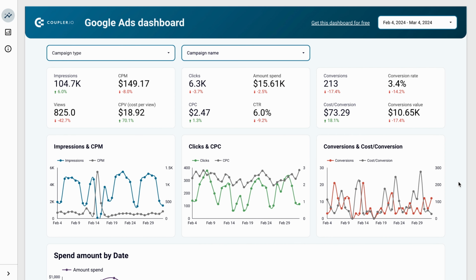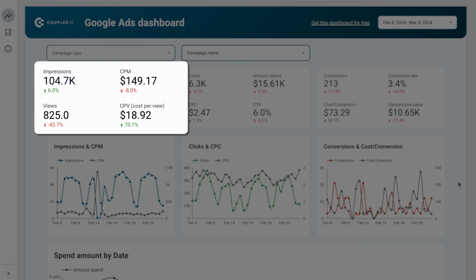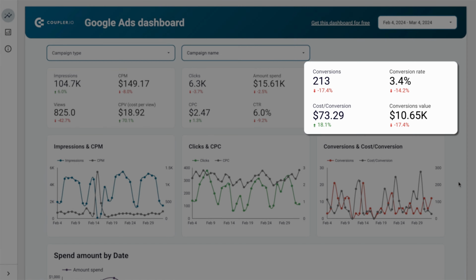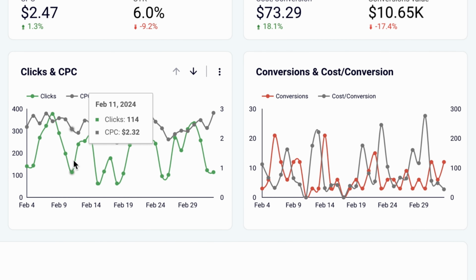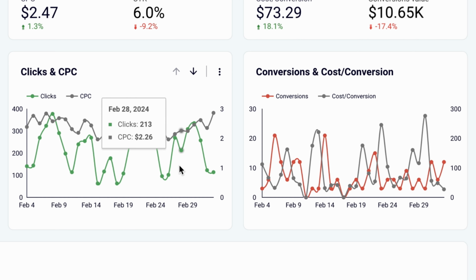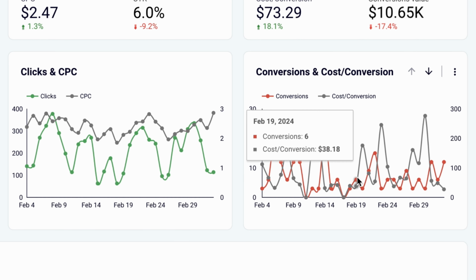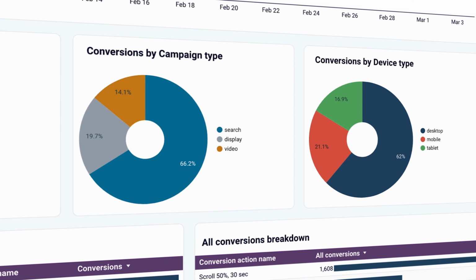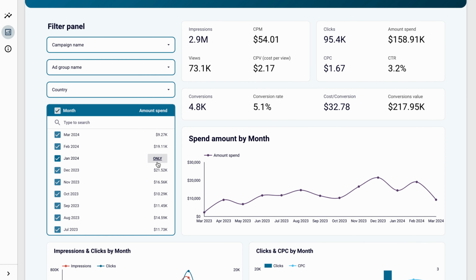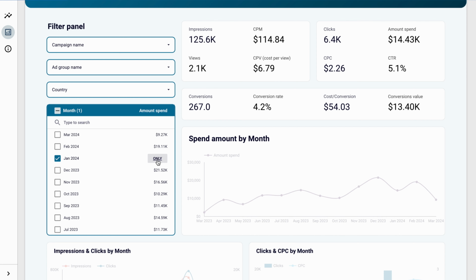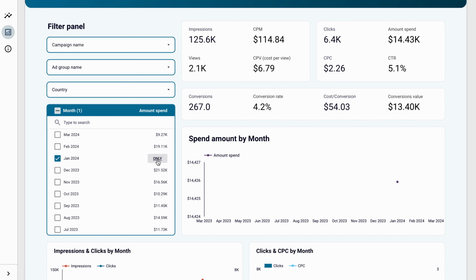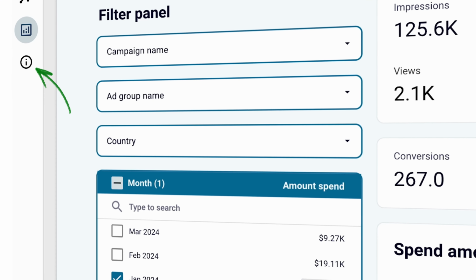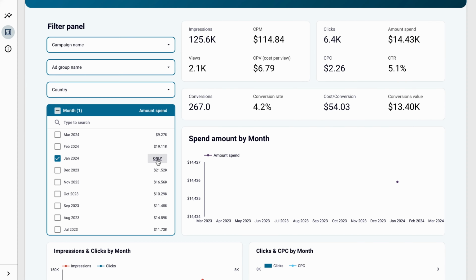First on my list is a Google Ads report template for Looker Studio. The moment you connect it, it gives you an overview of all the vital metrics you want to track. Charts below tell you how KPIs change over time, which may come in handy for spotting unexpected behaviors and validating your campaigns. What's more, you can see the breakdown of your spending, check where conversions come from, and more. A separate page offers a monthly overview with tons of filtering options to extract precisely the data you need. Follow the README file to set up this dashboard for free within just a few minutes.